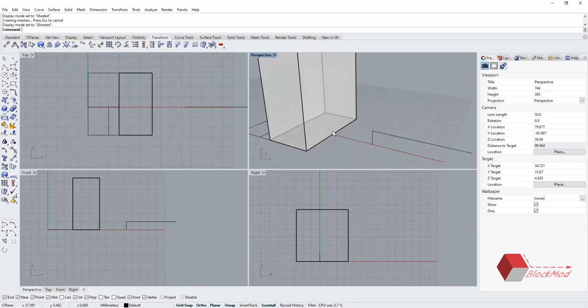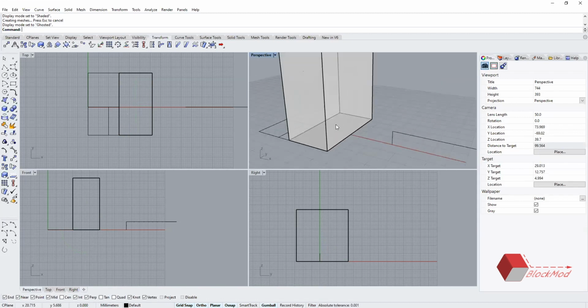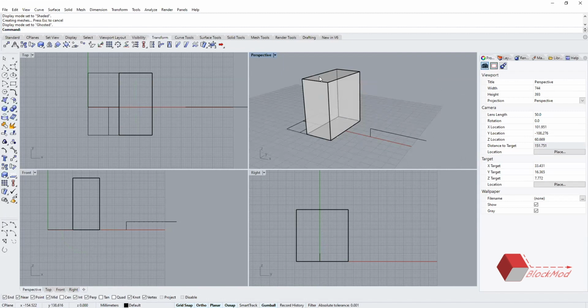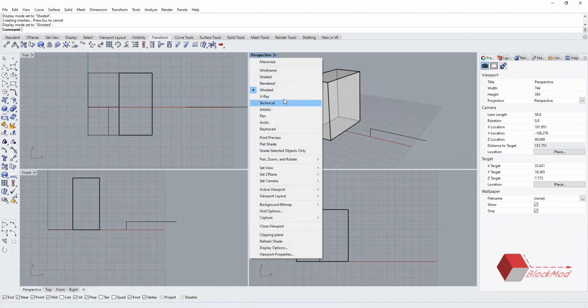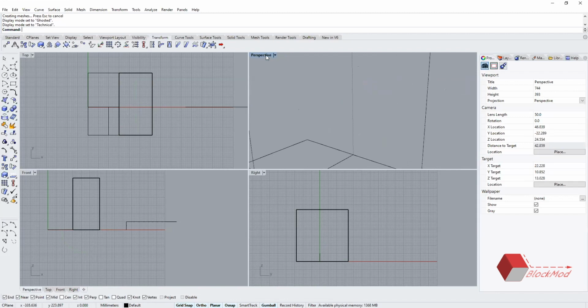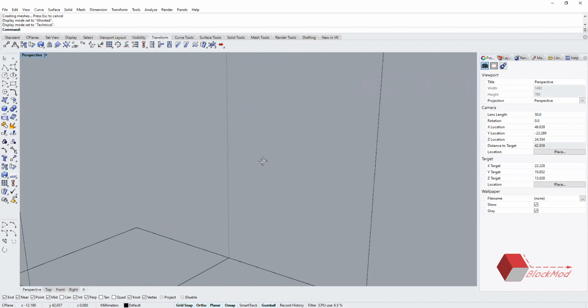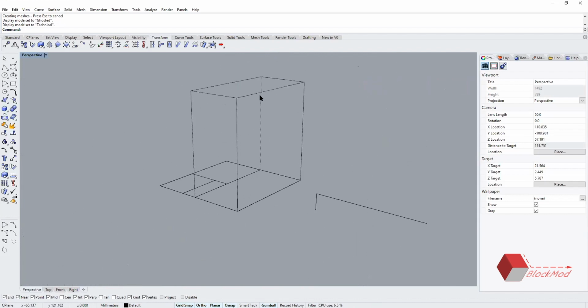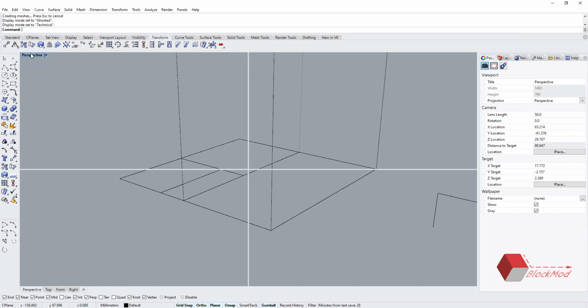In ghost, the lines and the surface get ghosted a bit, and you can still see it. Technical means you can see a dotted thing. Whatever line is behind, like in a technical drawing, you make a dotted portion behind, and that's what they have done.